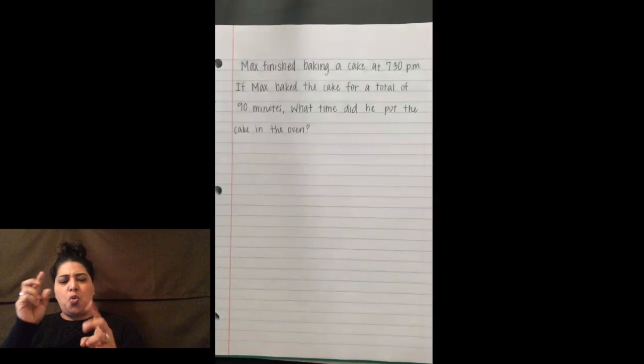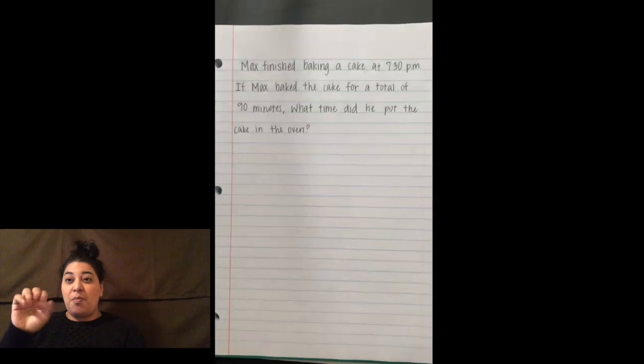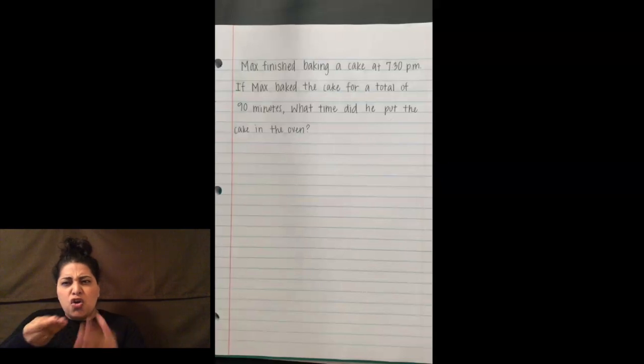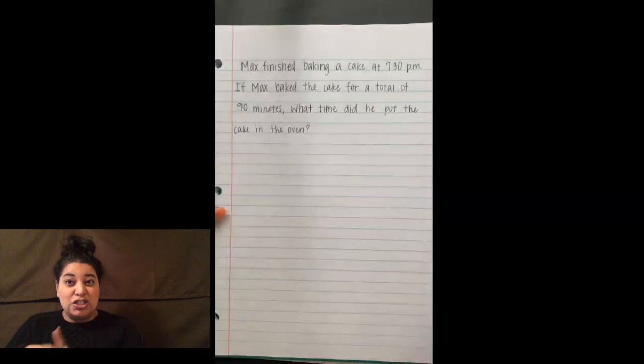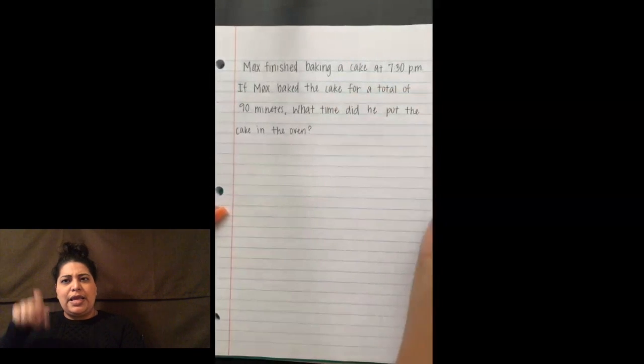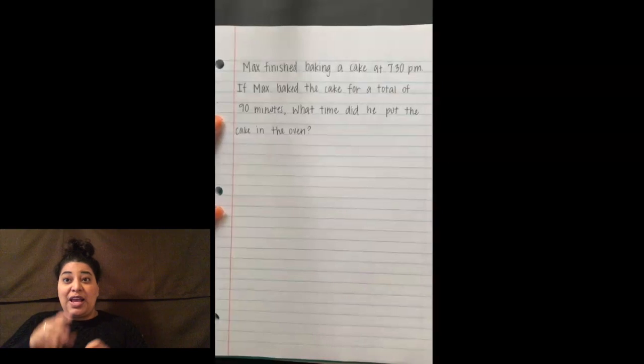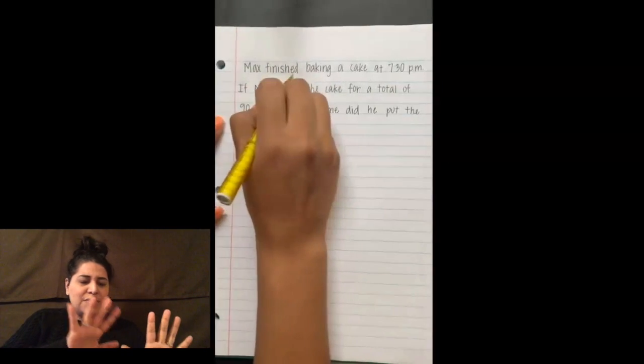Max finished baking a cake at 7:30 p.m. If Max baked the cake for a total of 90 minutes, what time did he put the cake in the oven? Okay, so we need to go ahead and make our situation equation. We have a start time of 7:30. An end time of 7:30. We have finished